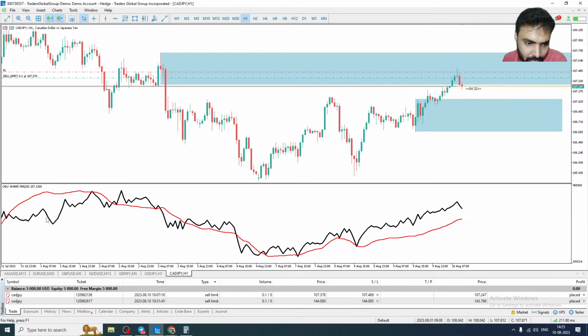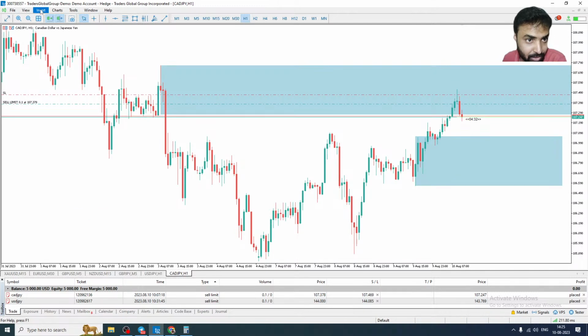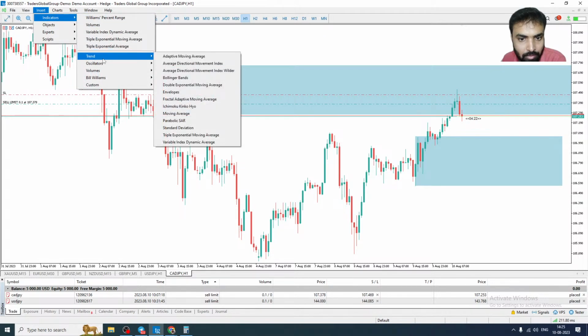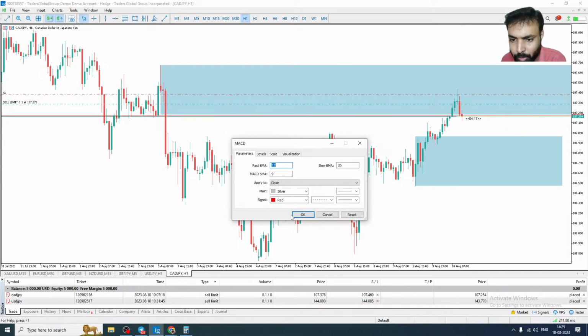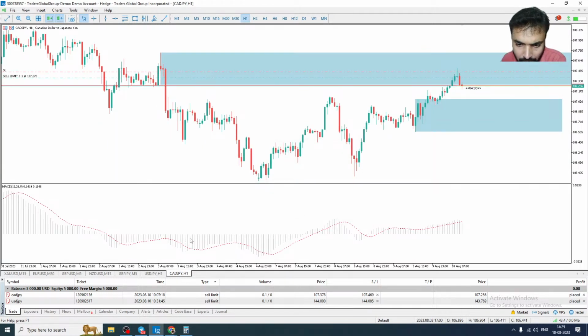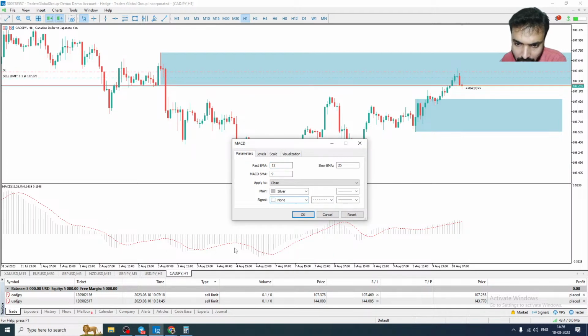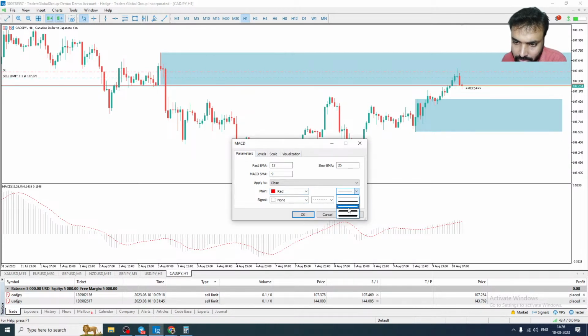So, let us delete this. Take a MACD. I'm sure you guys have used the MACD indicator, but we need to use it in a different way. Where is MACD? Oscillators. Yeah, MACD. Okay, click that. You will see some line here. That line is not required. So go to the settings and remove that red line. You just need these bars. Increase the size, maybe put it in red color.